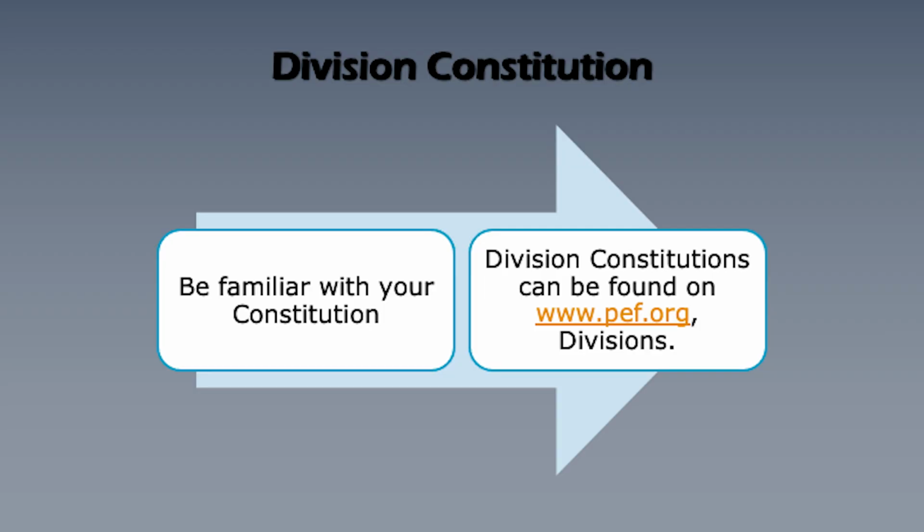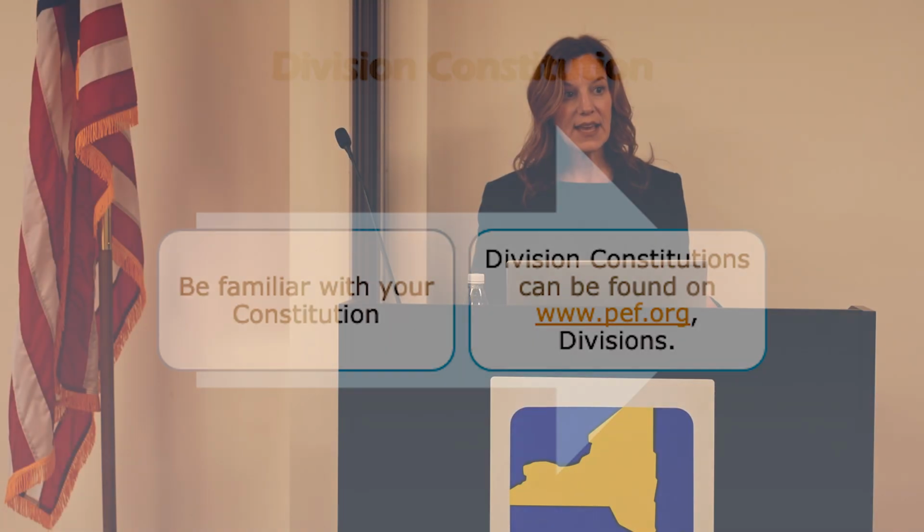The first is your division constitution. You should become familiar with your division constitution. I gave you all a copy of your division constitution, which is in your folders. You can go through that later. Your division constitution is specific to you, and if you ever want to make a change to that constitution, if you want to add a committee, or maybe some of the committees are outdated, you would contact our divisions department here at PEF headquarters, and they would be able to help you go through and make that change. And it would have to be voted on by your division.